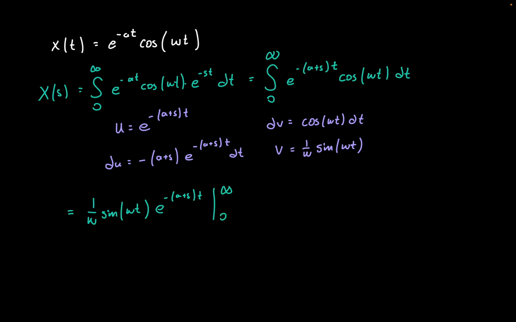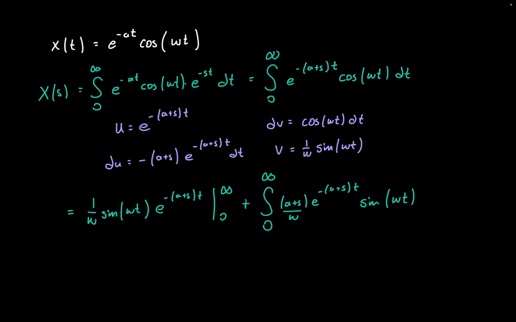Next we subtract the integral from 0 to infinity of du times v, just walking through our integration by parts steps. Notice the negative out front, which makes this negative positive, and we'll have a plus s times e to the negative a plus s times t, divided by omega, and then multiplied by sine